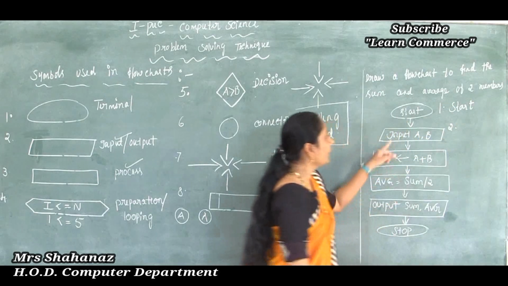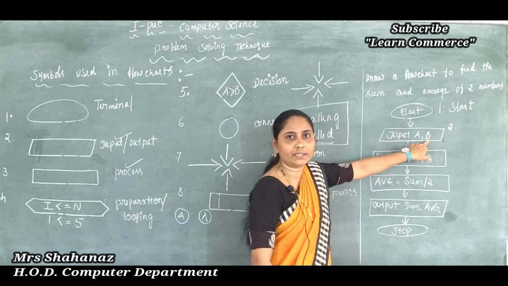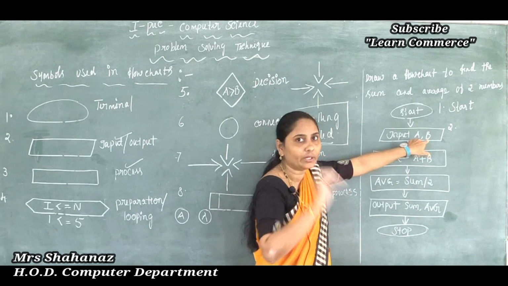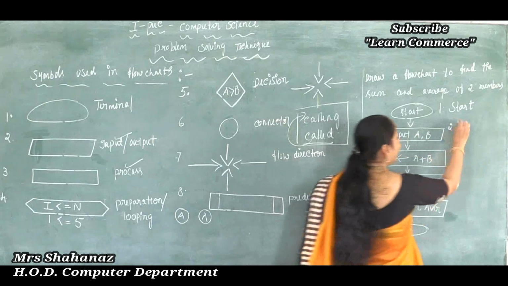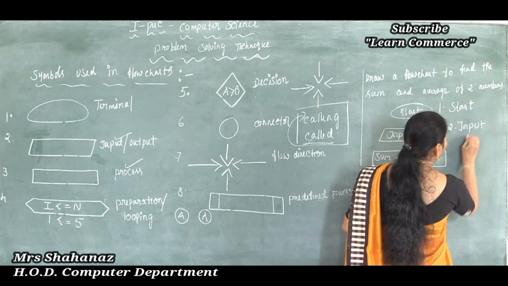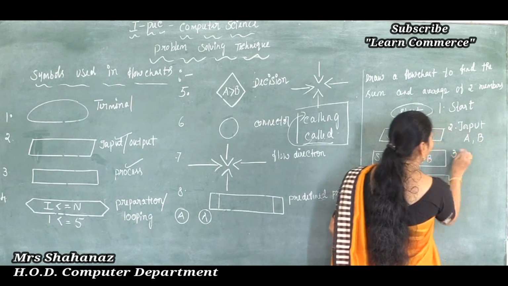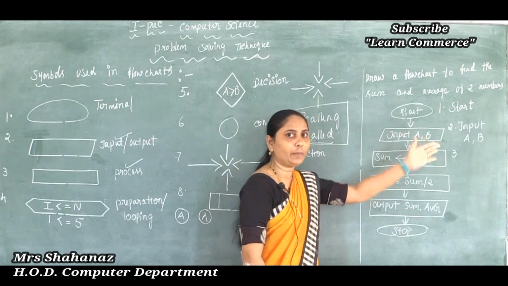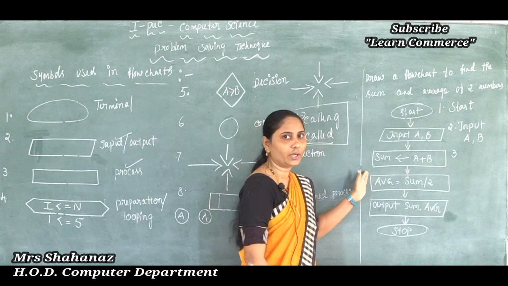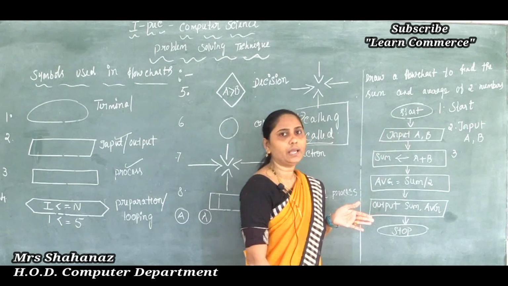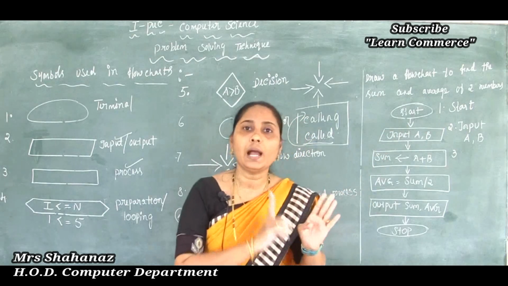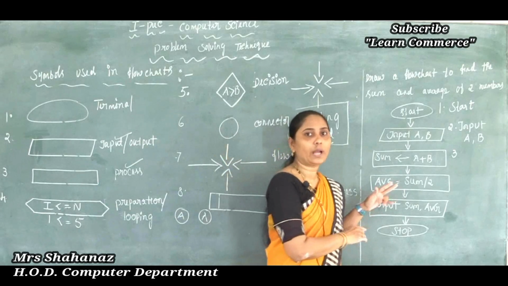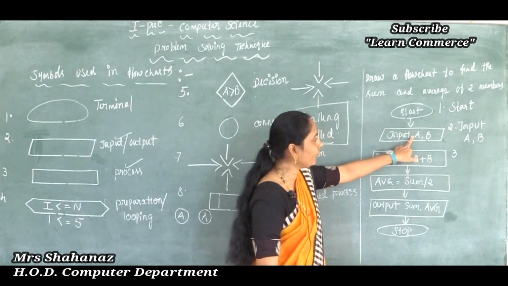Step 2, input A and B, just to make the calculation of the sum of any two numbers. First of all we need to input data into the numbers here. So the second thing is input A and B. Clear this point here? So I am writing the algorithm, and depending on the algorithm I complete the flow chart. Correct? Or depending on the flow chart we can complete the algorithm. But first of all we need to complete the algorithm, then go for the flow chart, and finally for the computer programming language.